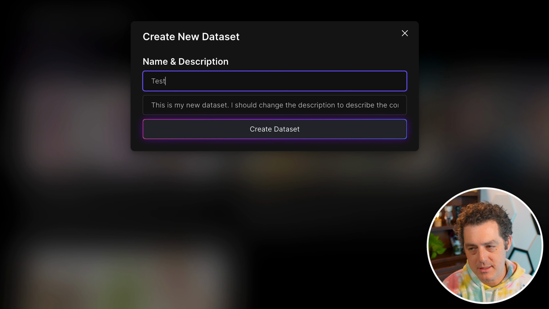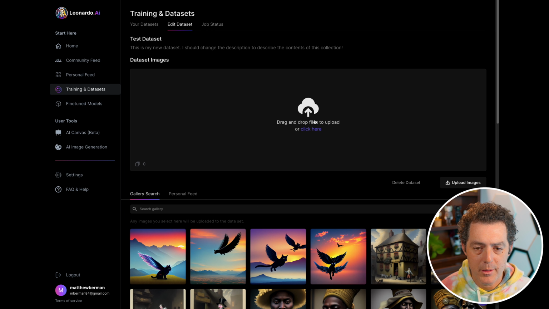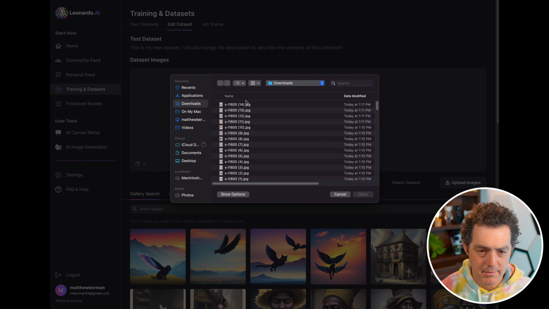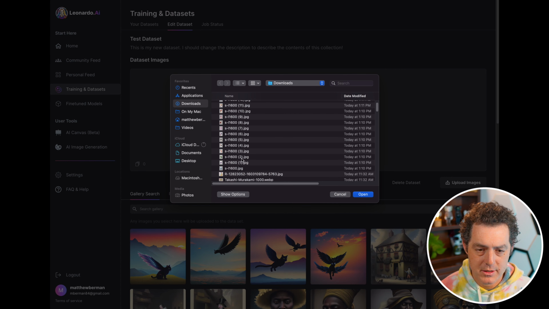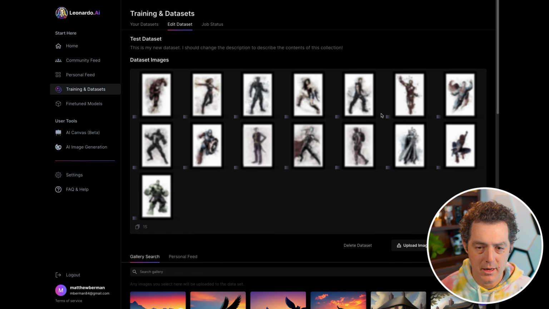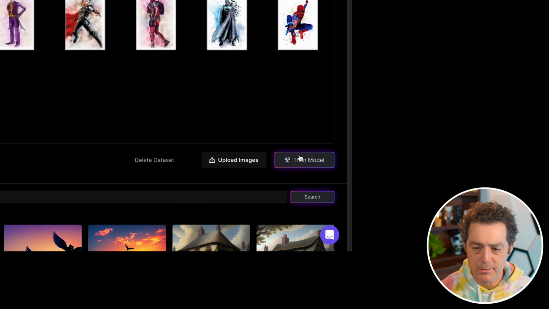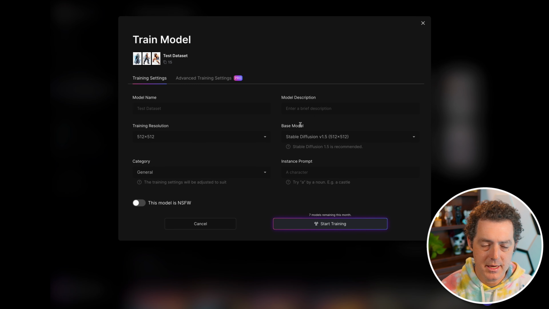I'm going to go ahead and keep this as a test data set. We're not going to create a new one. So you can click right here and upload your images or drag and drop them. I've already downloaded a bunch of Marvel characters that I like. I'm going to select them all and upload them. Now, as soon as those are finished uploading, you click train model and it's going to take you to this